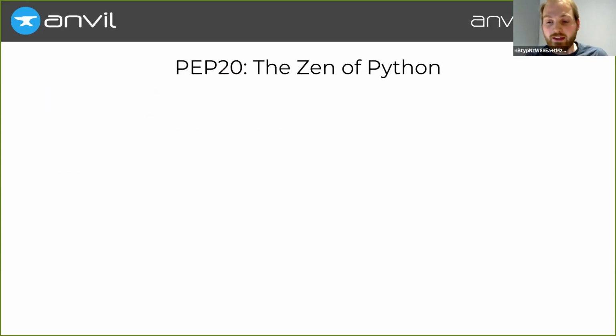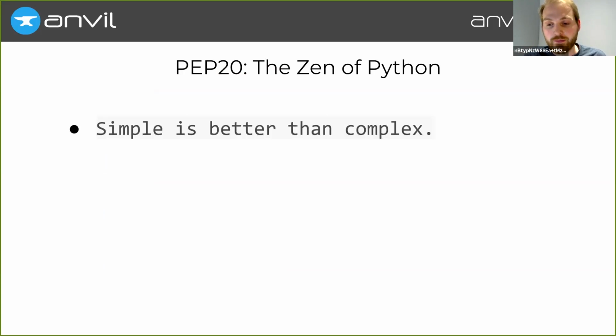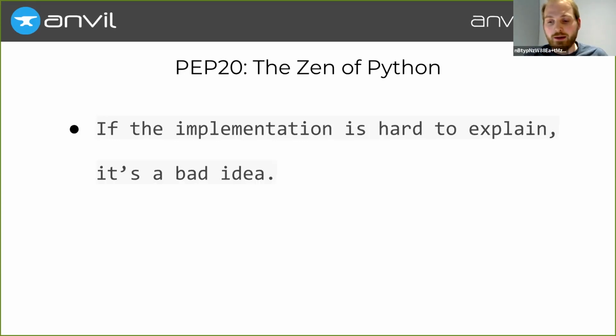We're a Python group. Let's stack that up against the Zen of Python. Simple is better than complex. I mean, just count the programming languages. I count 5. You might count more. If the implementation is hard to explain, it's a bad idea. Again, who really understands how Angular or React work inside? Because I don't.